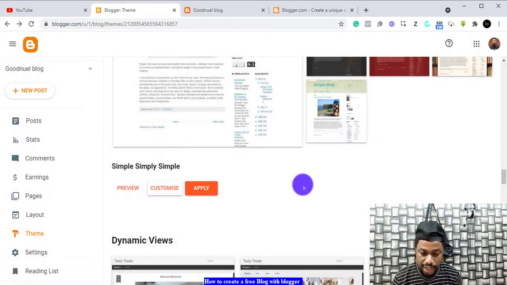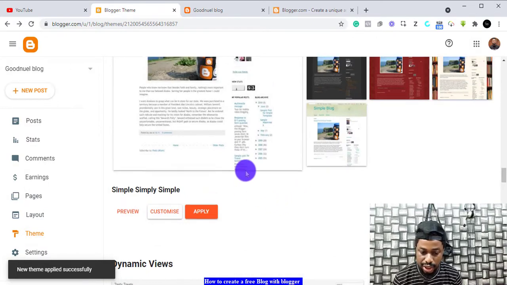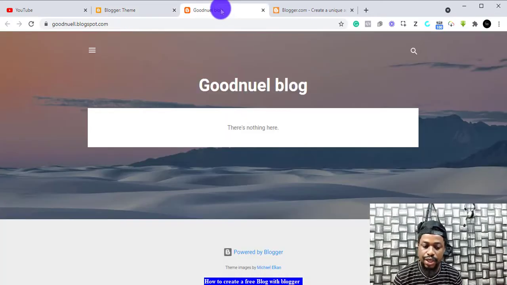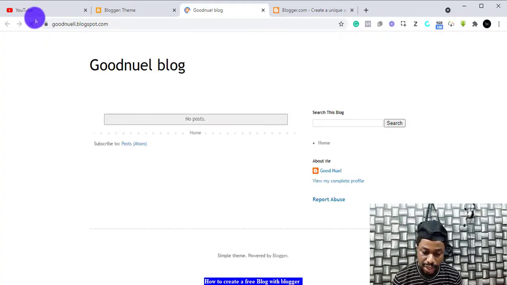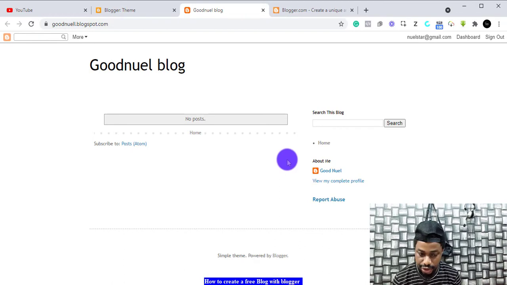wait for it to apply. It says our theme has been applied successfully. So we refresh it to see if our theme has been applied. Yes, it has, but still we do not have any post here. All right, so we go back again, and